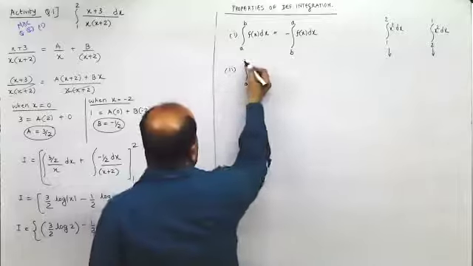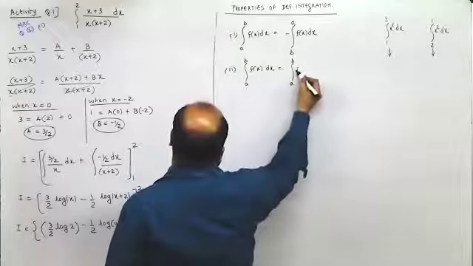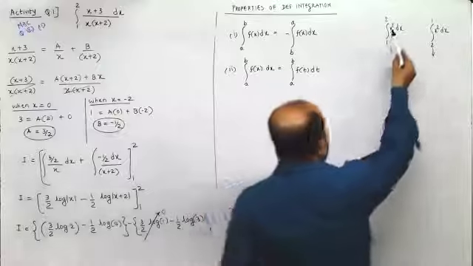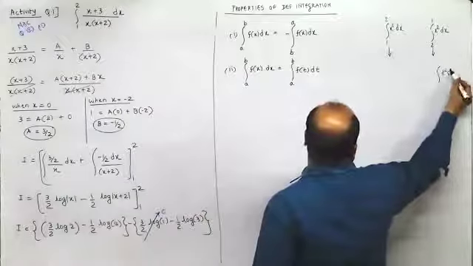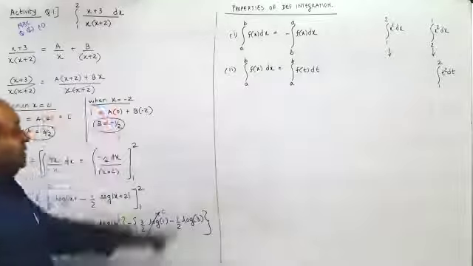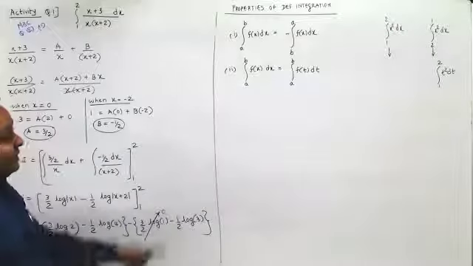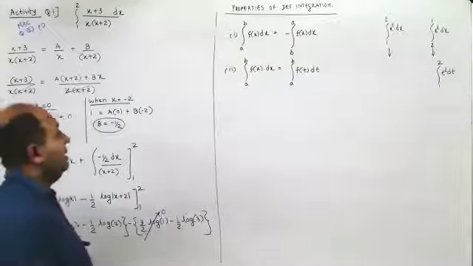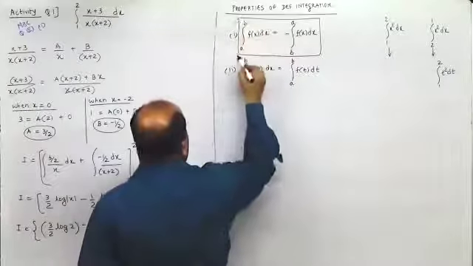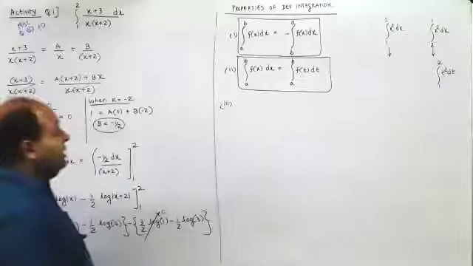Second property: if I write a to b f of x dx, or I write a to b itself f of t dt, that means the function is the same except for the variable. Say instead of x square dx, I write t square dt between 1 and 2. Then in that case, the value of the two would be the same. If the function remains the same, the variable doesn't matter. This is the second property. Go through these properties when you come for the next lecture. Otherwise, you won't follow tomorrow's lecture.